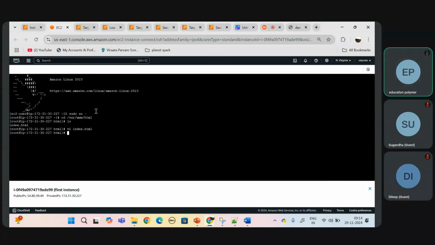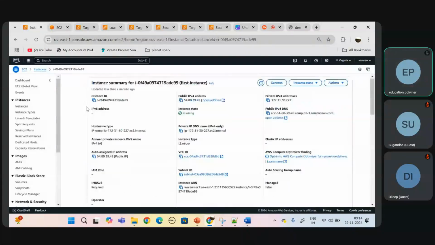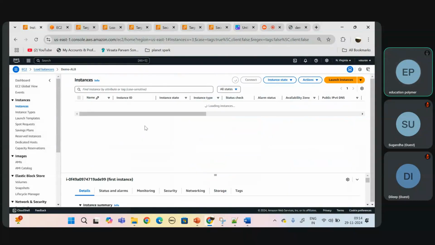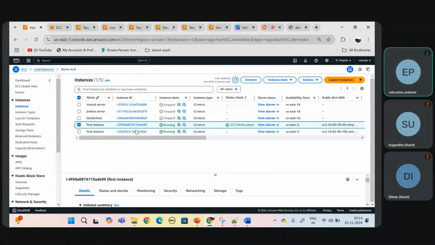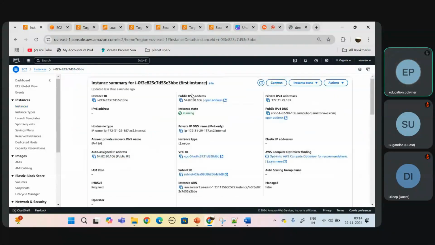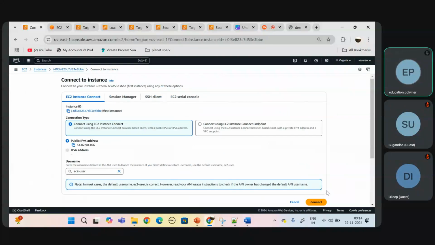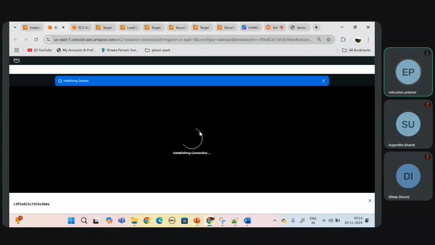Okay, I'm just mentioning the IP address of this server. To reflect that, I have to restart the service. Okay, now I have it for one server, 99. I'm using the same for another server. Now the load balancer is